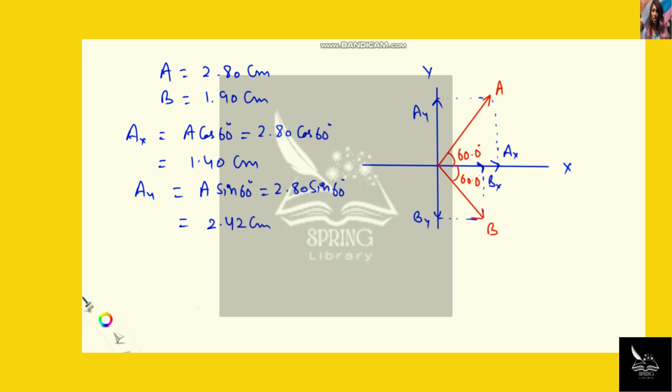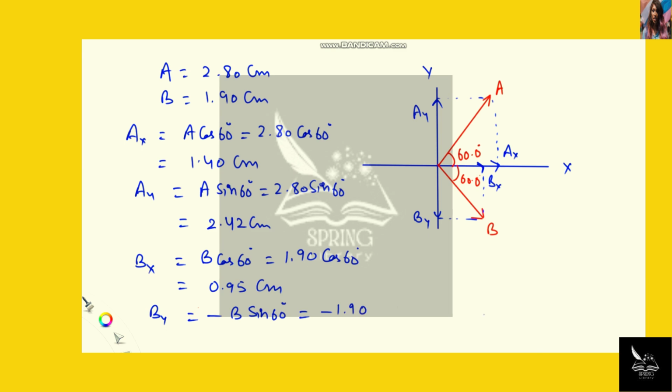2.42 centimeter. Then for BX, this is B cos 60 degree means 1.90 cos 60 degree, which is calculated to be equal to 0.95 centimeter, and BY, that will be negative, minus B sin 60 degree means minus 1.90 sin 60 degree, and it is calculated to be equal to minus 1.64